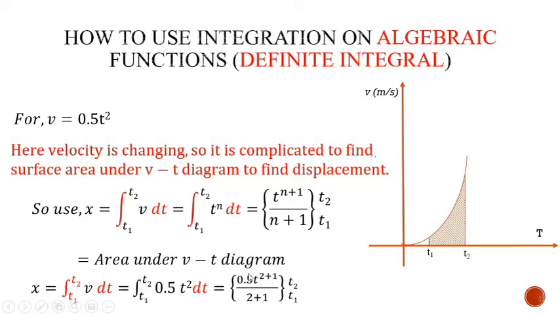This particular function has values from t1 to t2. So that will be represented by replacing this t with the values t2 first and then subtracting it by replacing the t1. So automatically you will get the surface area under this curve from t1 to t2. So here we can say that the integration is the way to find out surface area under the curve, and it is taken over the interval or over the limit from t1 to t2, for example.